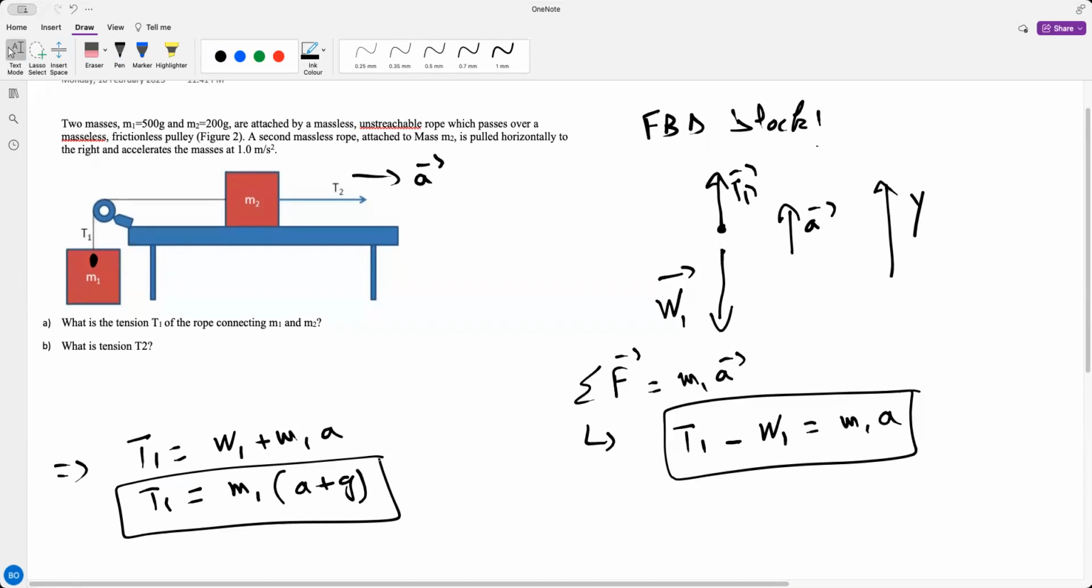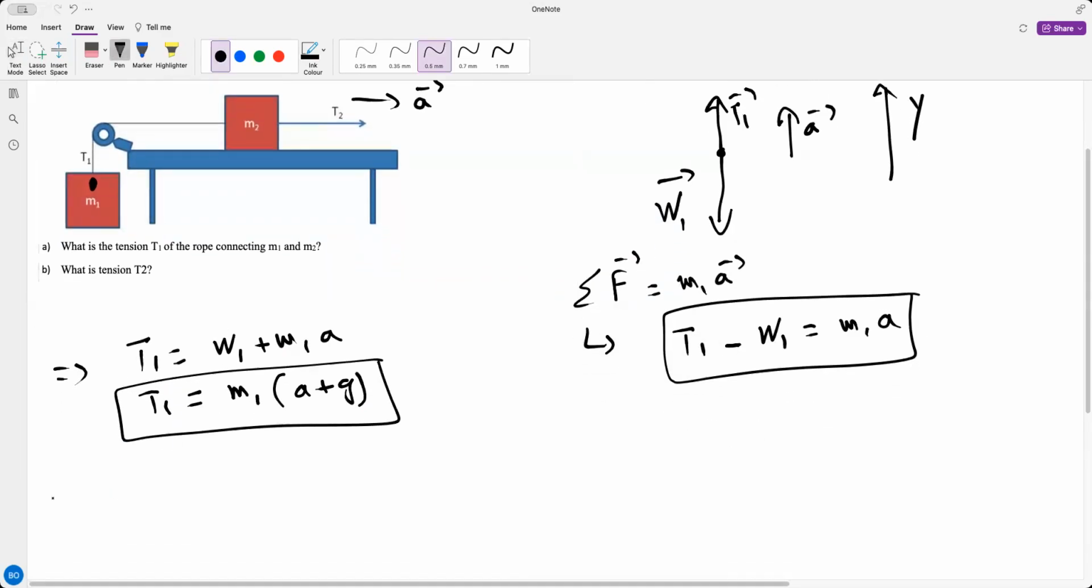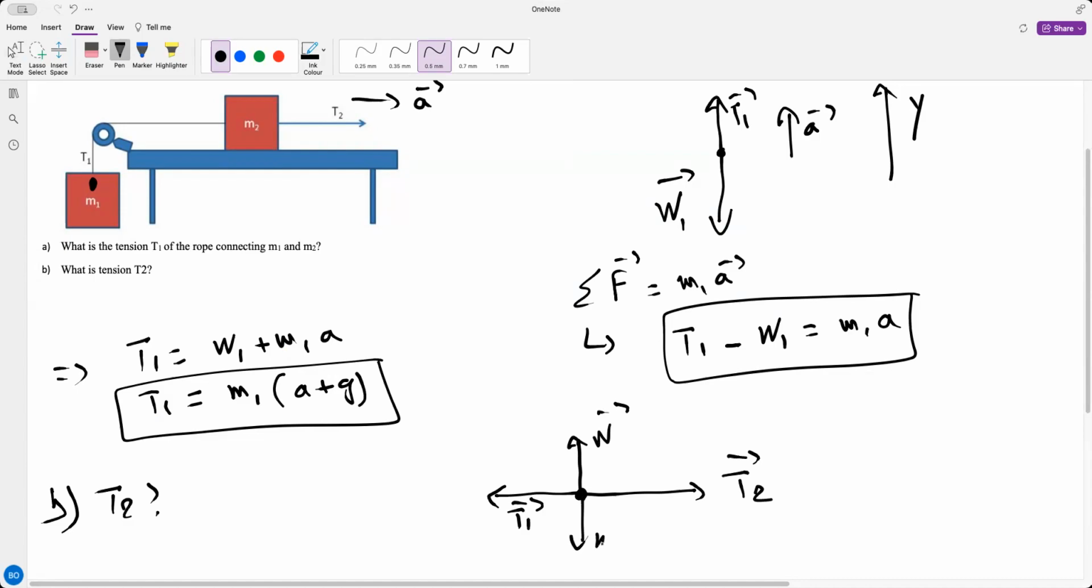We have m1, a, and g. So the second question is about the tension 2, or the traction force 2. Here we need the free body diagram for object 2. Again, for object 2, it's very important: object 2 has a traction force T2 pulling it to the right, and it also has a tension T1 in the opposite direction. Remember, the tension goes from the object to outside. And then obviously it has a normal force and W2,